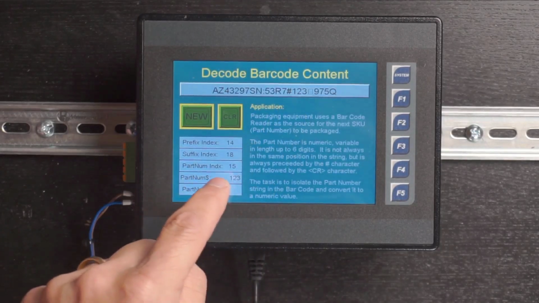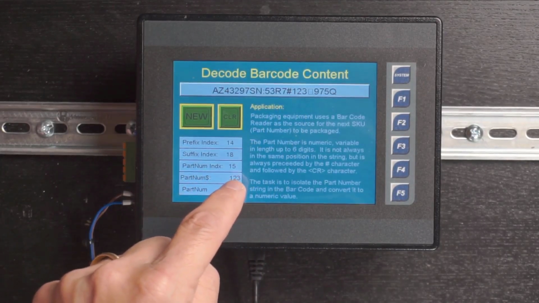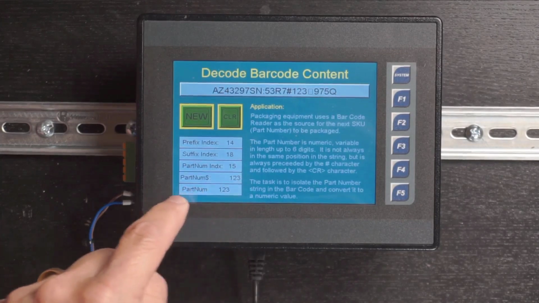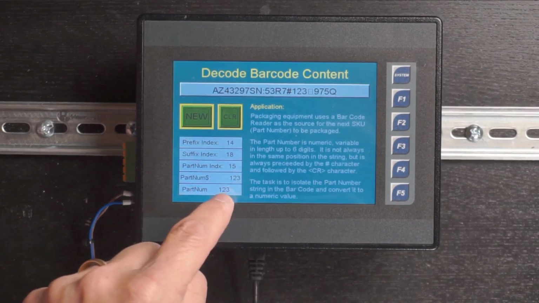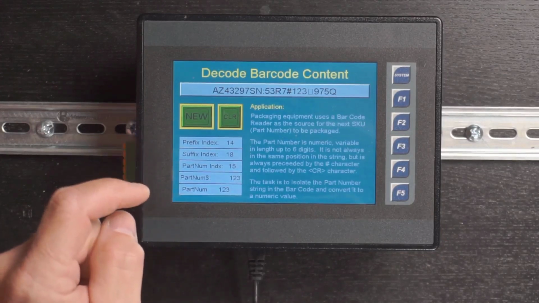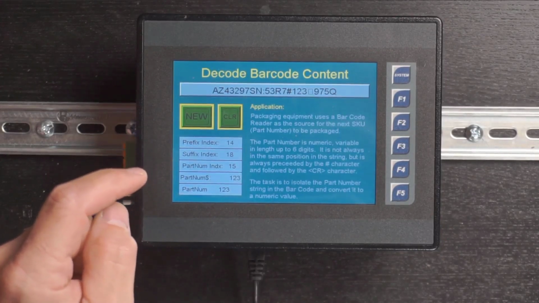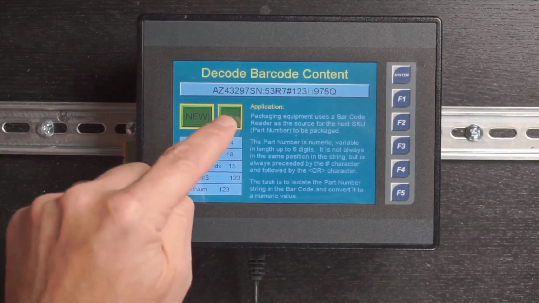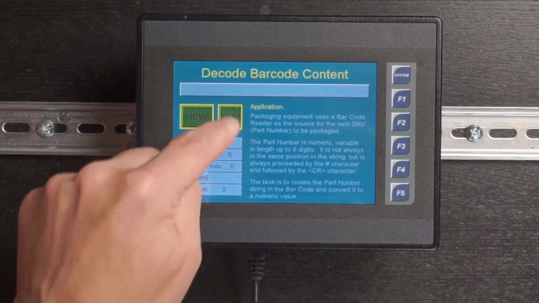When we extract that string by itself, it's a string of 123 ASCII. And then when we convert it to a double integer, it has a value of 123. So everything works like a champ. Again, we utilize our new user-defined function block a couple different times in our logic. Let's go ahead and clear that out manually and take a look at the next